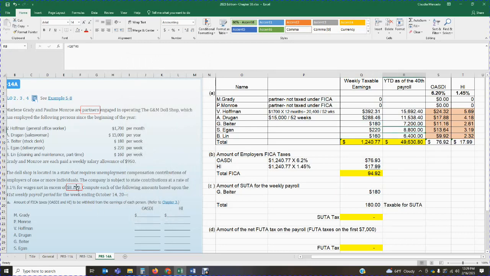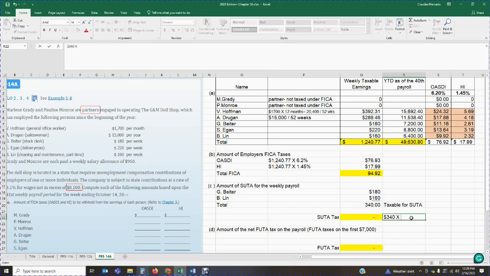Egan has gone over the $8,100 mark, so Egan will no longer have to pay any SUTA taxes for him. Okay, and Lynn has earned $6,400. My cap is $8,100, so that means that the wages for Lynn are also going to be taxable. Okay, these are the only two employees that have not reached the 8,100 cap for SUTA purposes. Okay, so that means that $340 are taxable for SUTA purposes. Okay, so my SUTA tax is going to basically be your $340